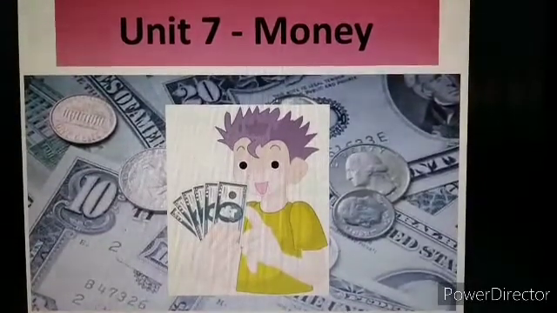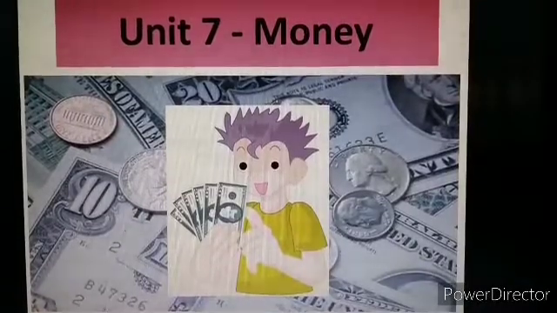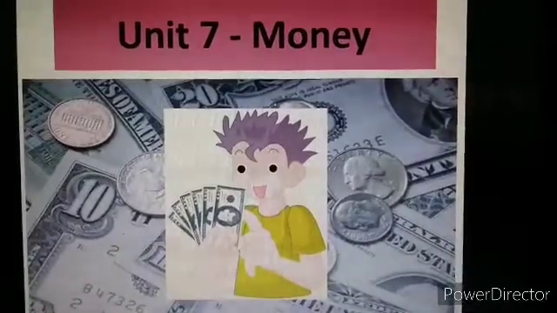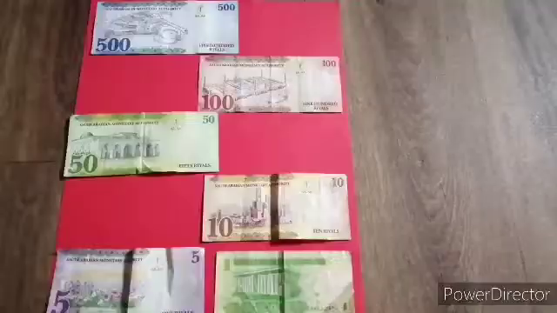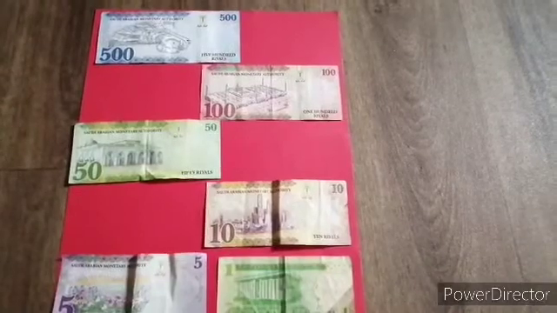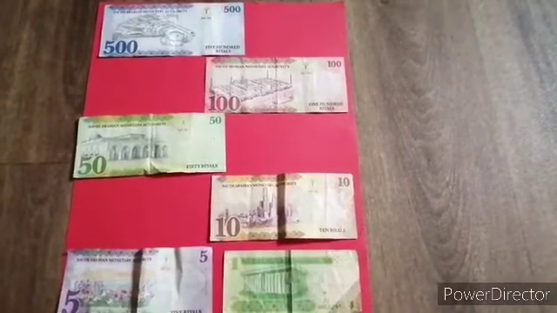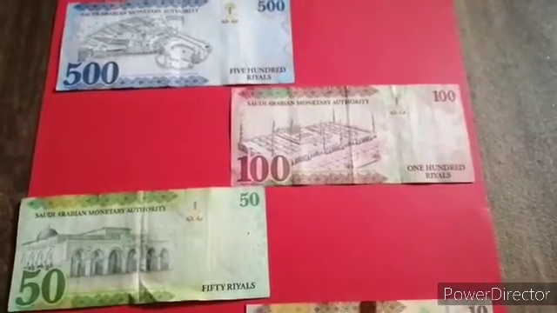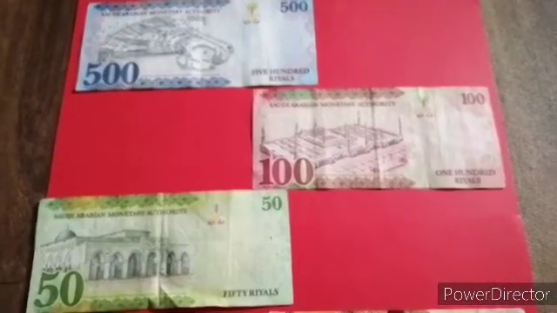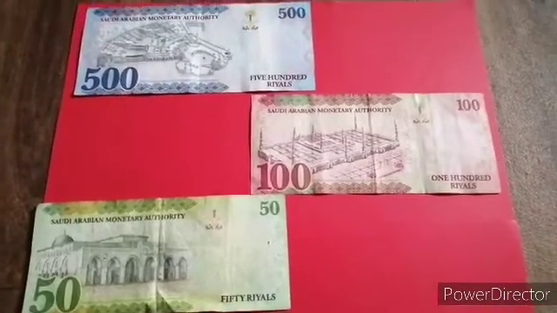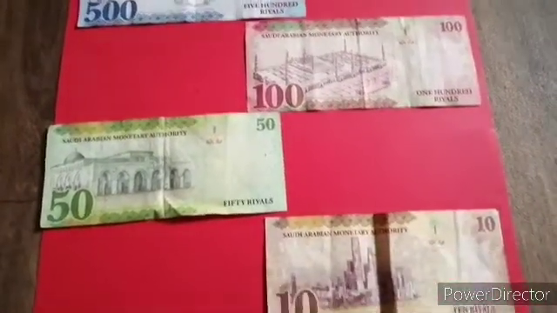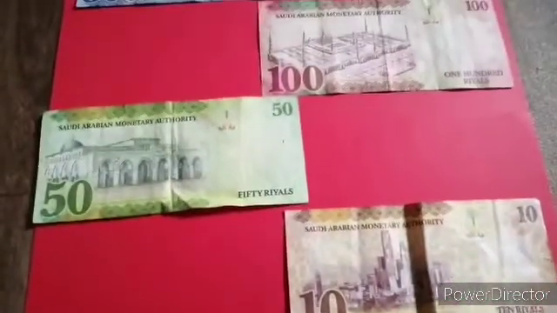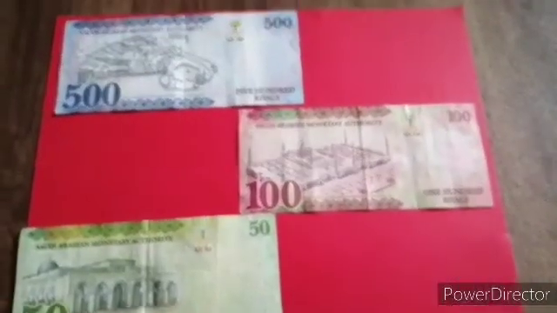Today, let us move on to a new unit in our mathematics, that is money. Yes, money. So, what are these? This is money. How money looks, right? Because every day you are bringing some money to buy a few things from our canteen. You have seen that your parents are using money to buy various things in the shops and for giving to different people. They are getting money from the bank or the ATM.